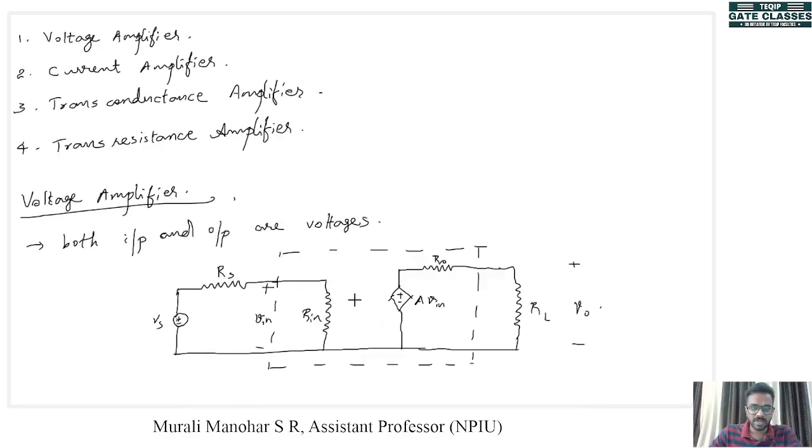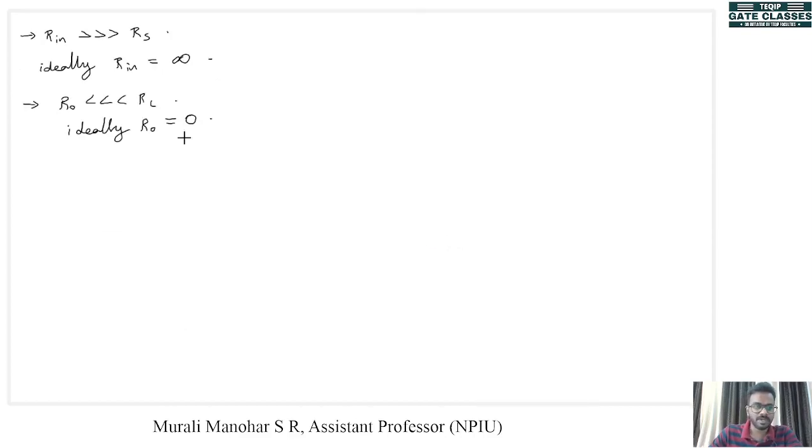So if you look at the figure, you can understand why. That is, if we want maximum V in here, Rin must be a very high value, so that most of the voltage from the source, that is signal, drops across this resistance. And if we look at here, we need most of the voltage here dropping across the load resistance, and a very small amount of voltage should be dropped across this resistance R out. Okay, so this is the condition for effective amplification of a voltage amplifier.